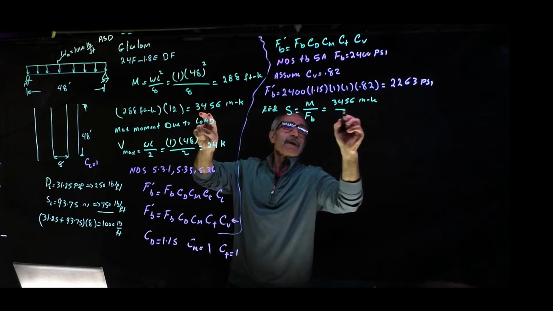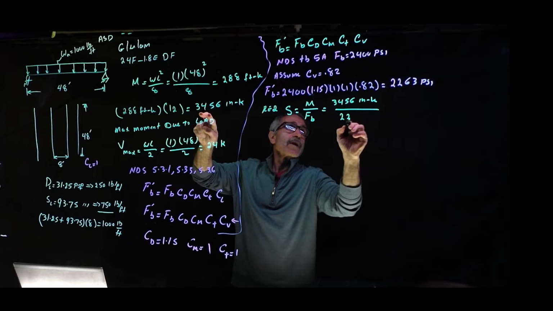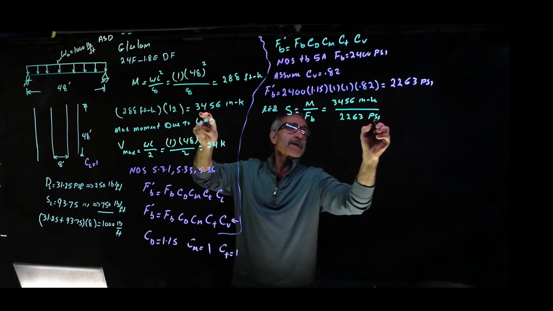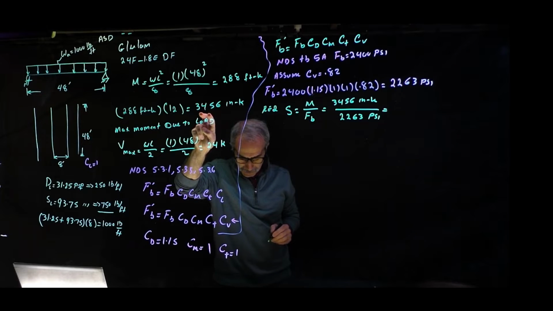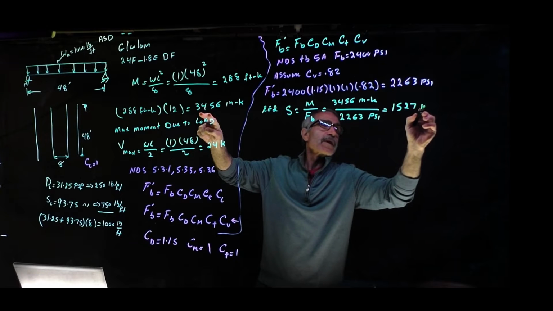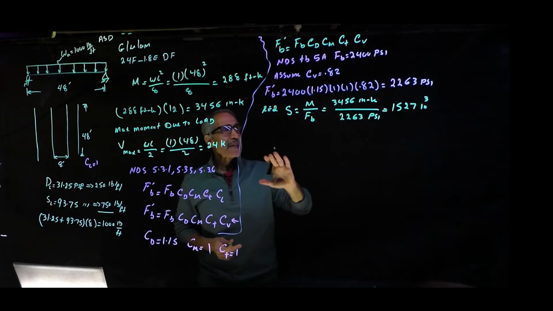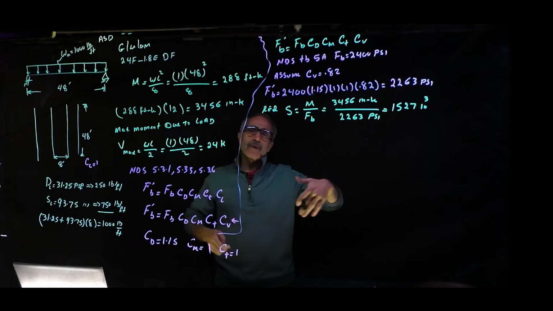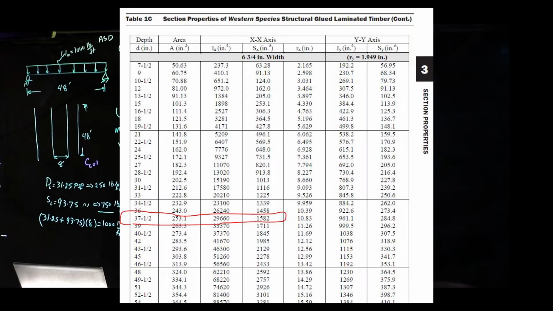inch cube, and we divide that by F_b, which was 2263 psi, and now we have 1527 inch cube. Since we know the section modulus, we can go to a table, Table 1C. Interesting part, we go to section 1C, and we're going to say, okay, if we try,